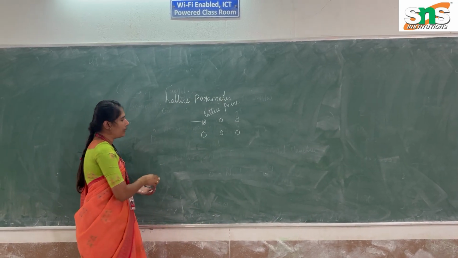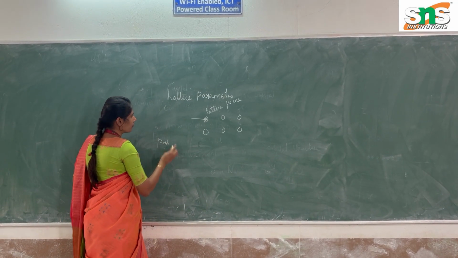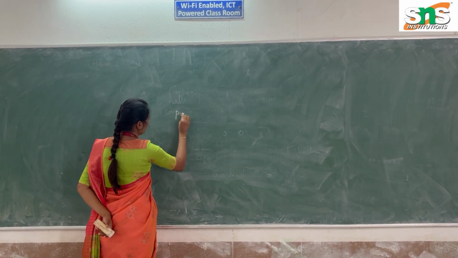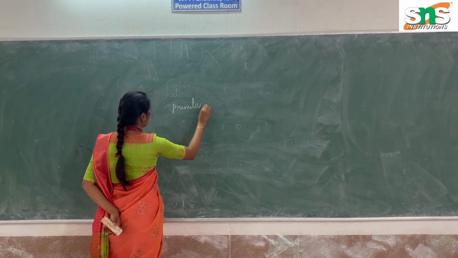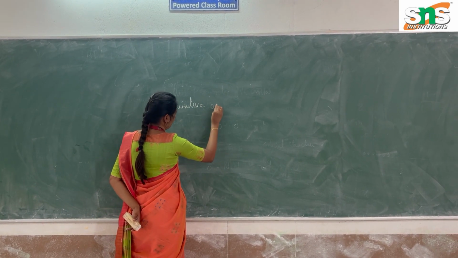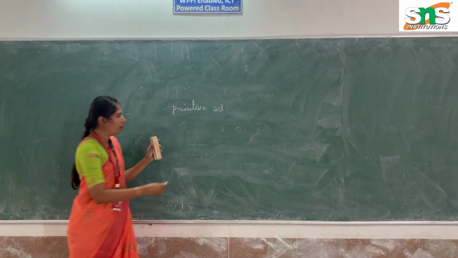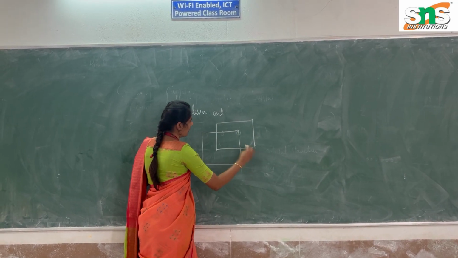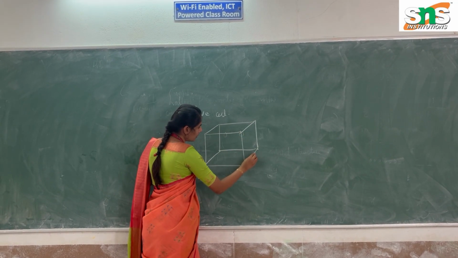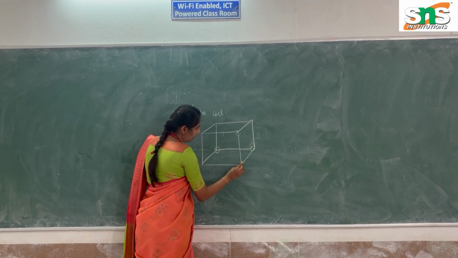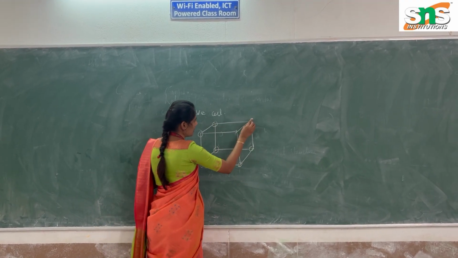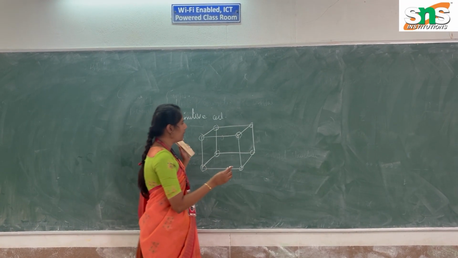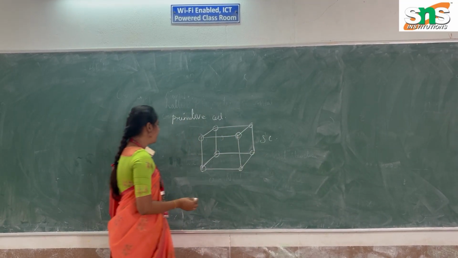And then next one is primitive. A primitive cell is one in which only the 8 corner atoms are present in the crystal structure. For example, these are 3-dimensional structures. Primitive is nothing but 8 corner atoms present in a 3-dimensional structure. This is called the primitive cell. What is non-primitive? An example of a primitive cell is the simple cubic system, and non-primitive is